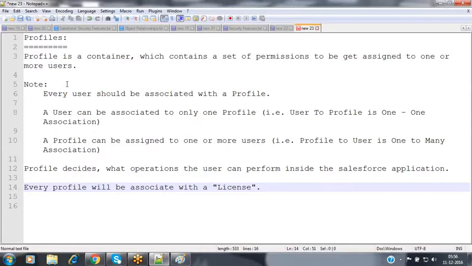Now, Salesforce is providing 2 Salesforce licenses to you, and along with that, 3 platform licenses. We have discussed the functionality between the profile and the license in the previous sessions. So whenever you are creating profiles, every profile should be associated with a license.